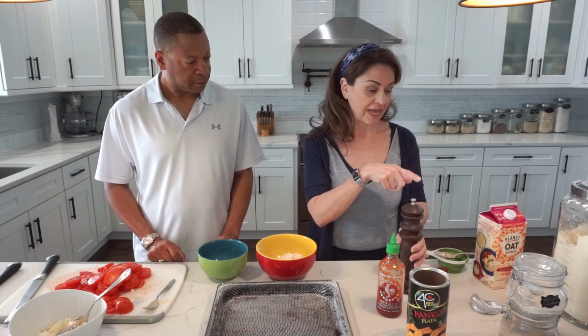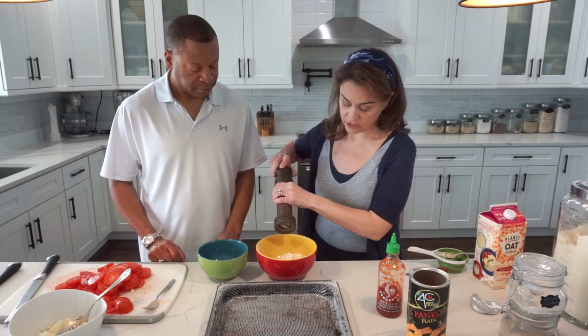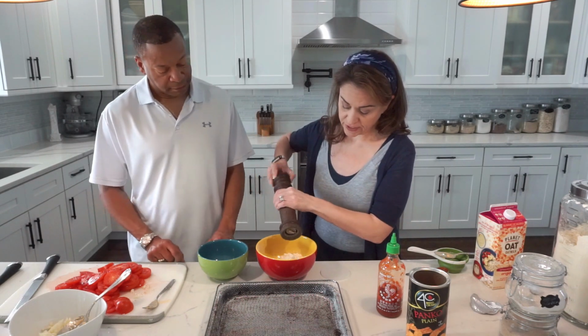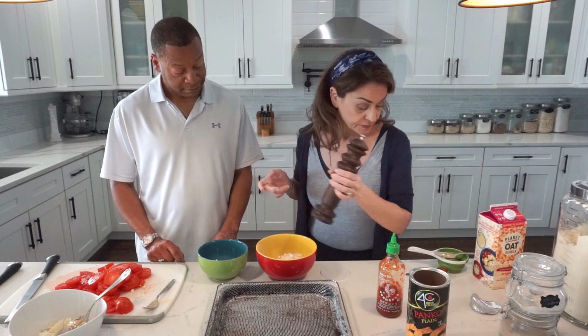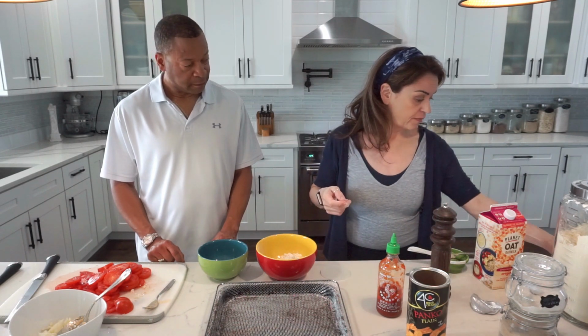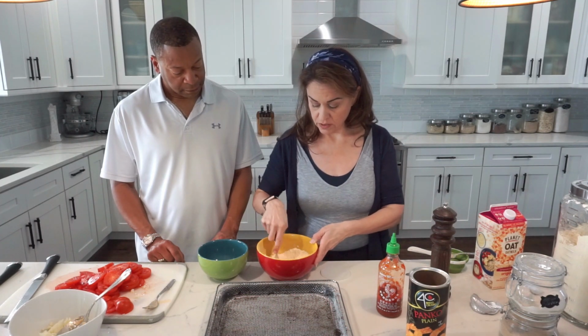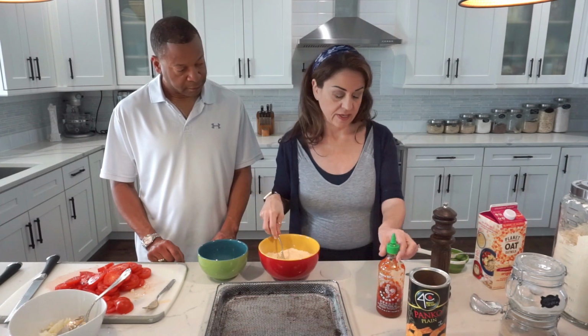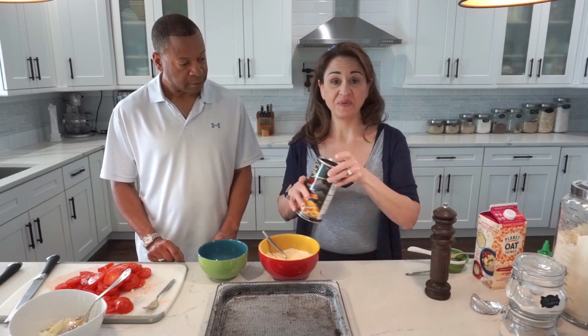And then, again, I used 2 teaspoons of onion powder, even though it looked like 4, it was only 2. I'm going to put some black pepper in here to taste, or however much black pepper you like. And that's really it. And then I'm going to add in the 1 cup of plant milk to this, and like I said, I won't use any extra seasonings, but I would tell you to try it